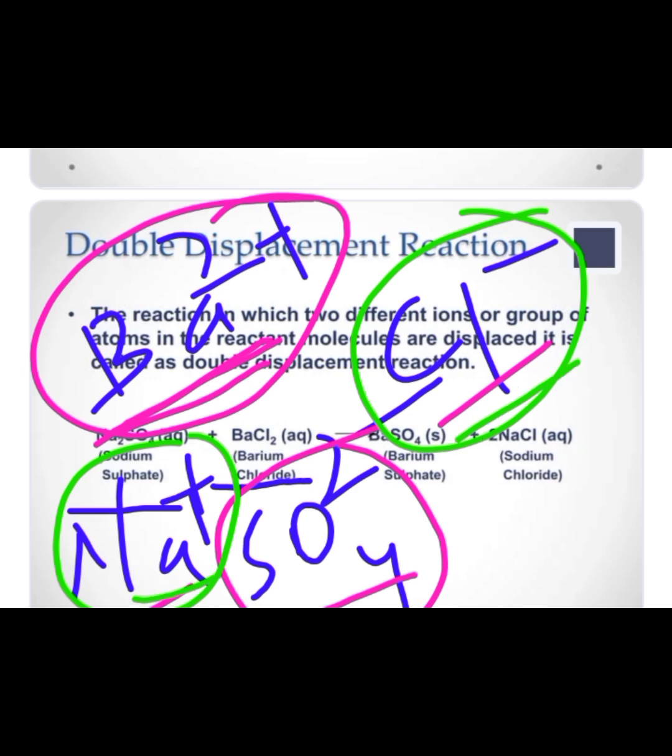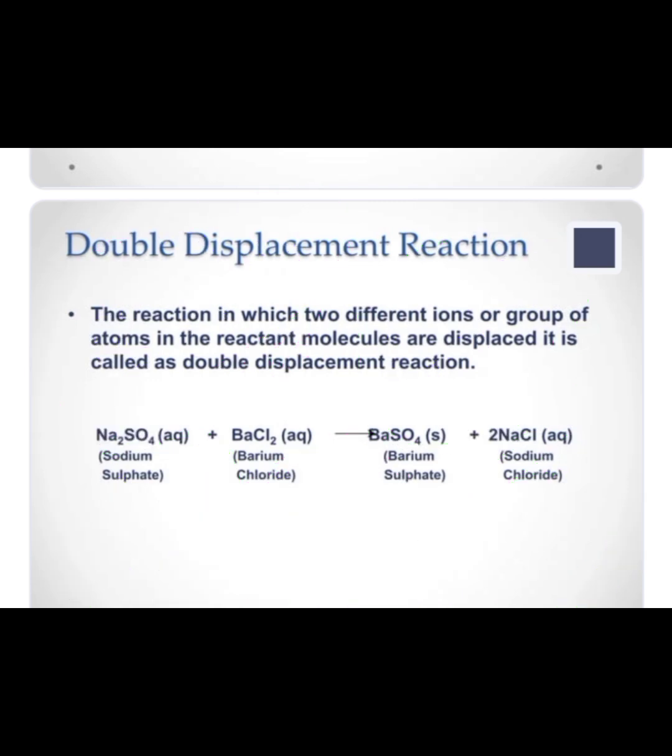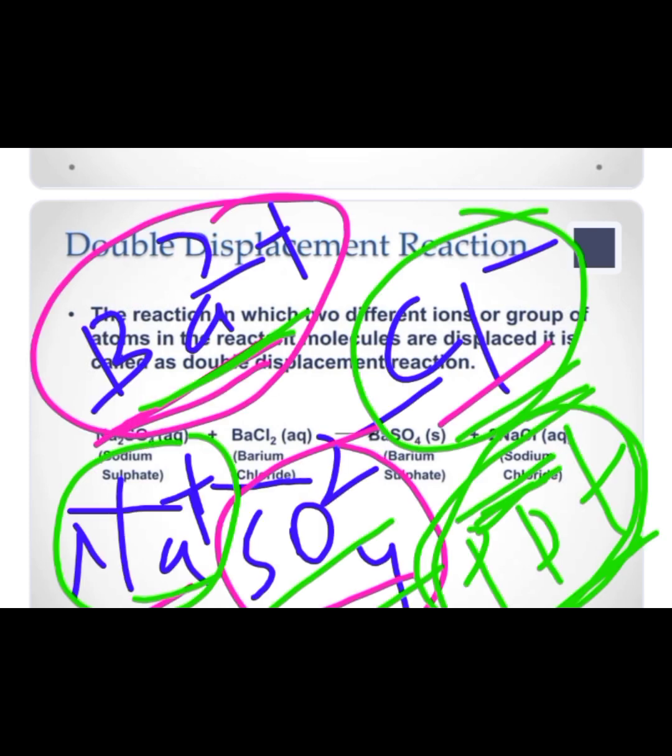Sodium chloride is formed in the product and barium sulfate is a solid insoluble substance that is separated out in this reaction. This reaction is a double displacement reaction, but we can also call it the precipitation reaction. PPT is the precipitate, that is an insoluble mass of a substance in the form of a product. The resultant product is barium sulfate in this reaction, that is called the precipitate here. So this reaction is also known as a precipitation reaction.